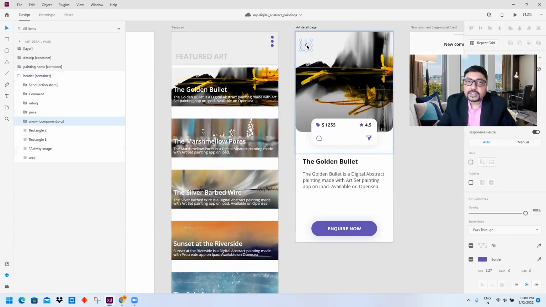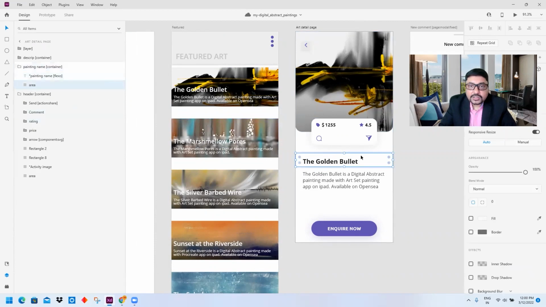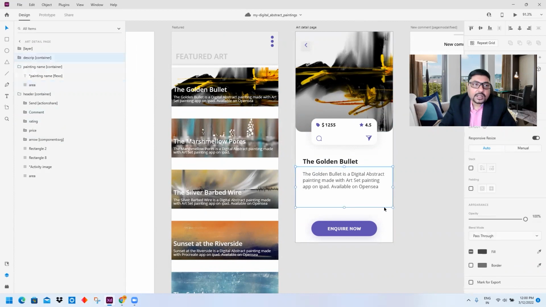This back button takes you back to the featured art, and there are certain other buttons that I want to explain to you. This is again a header text, the painting name, and I have always used an area, because otherwise it might display anywhere on the screen.